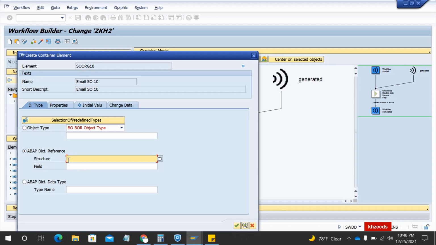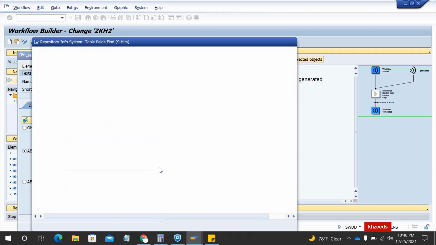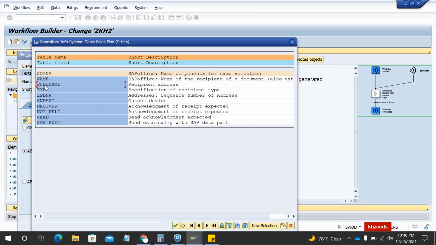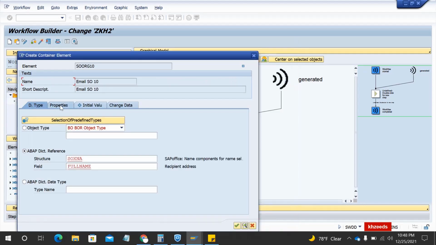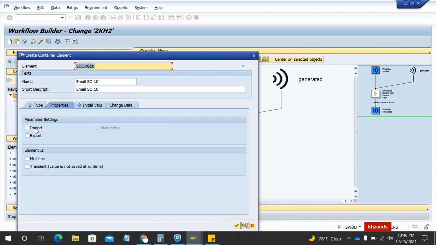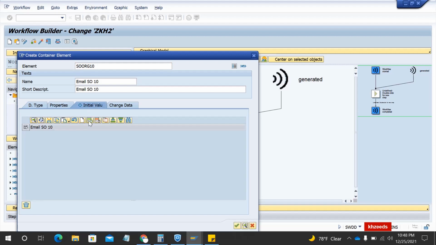Here you have to put SOX in name. Then the set of fields will be activated and from here you have to select this full name, recipient address. Now go to properties and tick these three parameters and multi-line, so it will enable you to add multiple email addresses. So in the initial value you can add the email addresses. So I'm going to add cmk